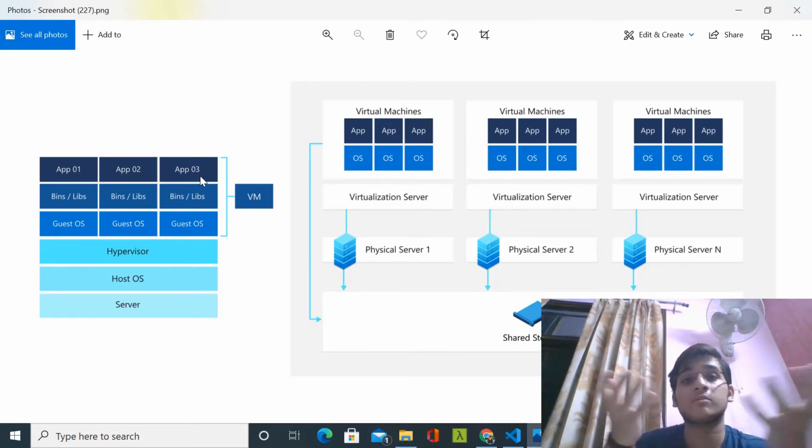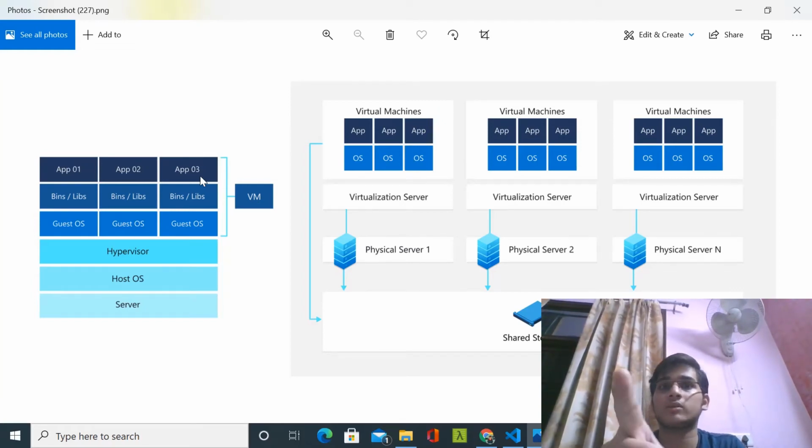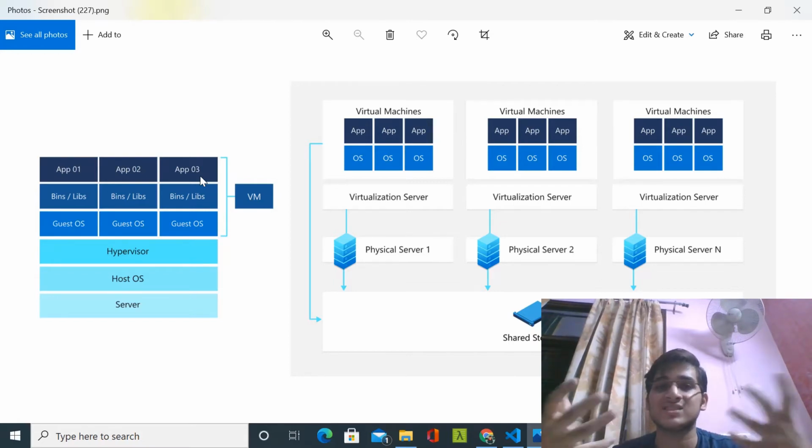You can run another computer with any other operating system, like a computer with Linux on top of your computer, even if your host operating system is Windows. How is this possible? That's why it is called a virtual machine. It is not a real computer. It is a virtual, imaginary computer.